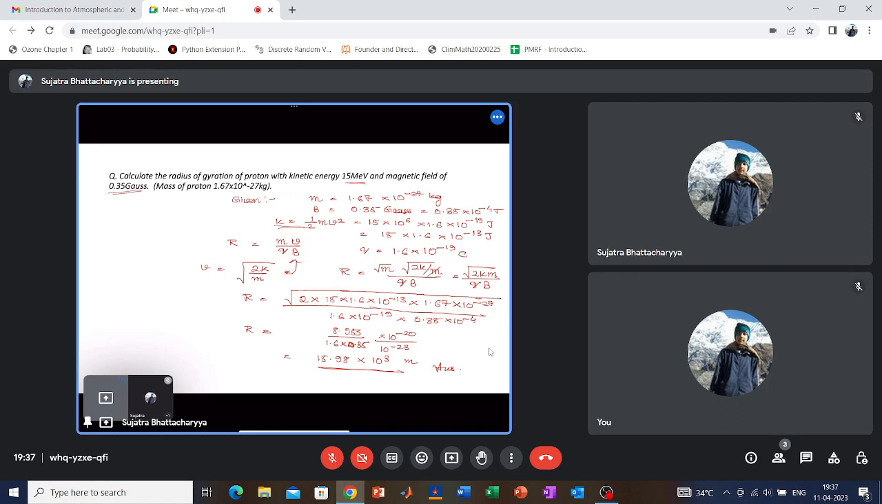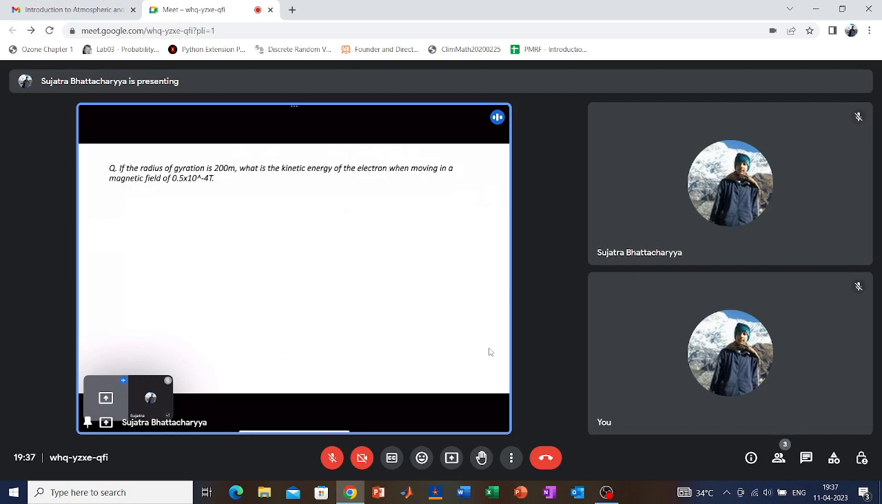So this is a way of solving the radius of gyration questions where kinetic energy is given and you have to calculate the radius of gyration. The second question is